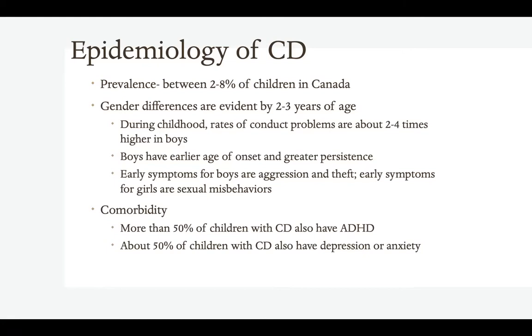In terms of comorbidity and other disorders that might go along with conduct disorder, more than 50% of them have attention deficit hyperactivity disorder, and about 50%, or half, of those children with conduct disorder can also have depression or anxiety. Anxiety may actually serve as a protective factor to inhibit aggression. So they might want to be aggressive, but to hold that back, their anxiety rises. And even the increasing severity of antisocial behavior is associated with increased severity of depression and anxiety. So the more antisocial behavior they have, usually the more severe the depression and the anxiety are.